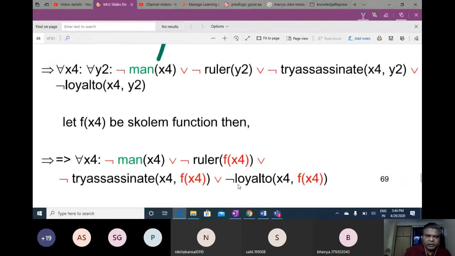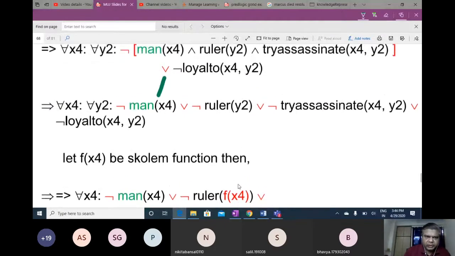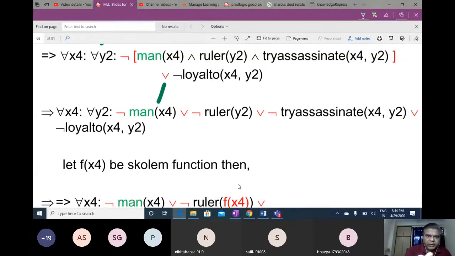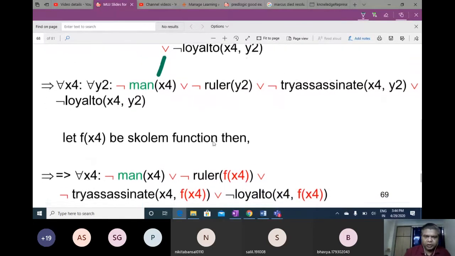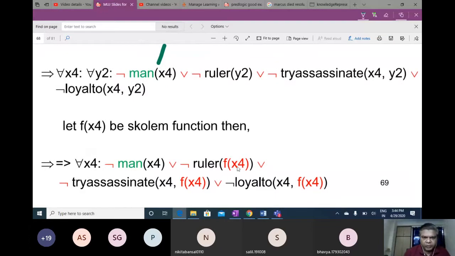But that is actually optional. There is some anomaly here, somebody can do it this way, but as per our understanding, if we go by the algorithm, we will just keep it as ruler y2 only. So we will not do that change. f(x4) may not be required here. That depends on the understanding, and right now we will not do this. Any doubt? Have you understood this?